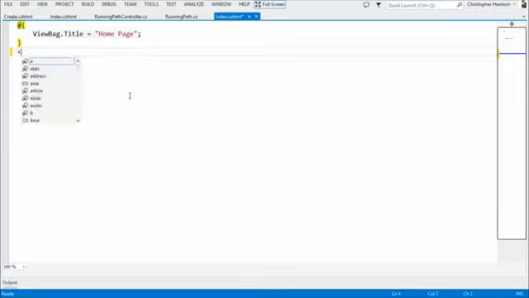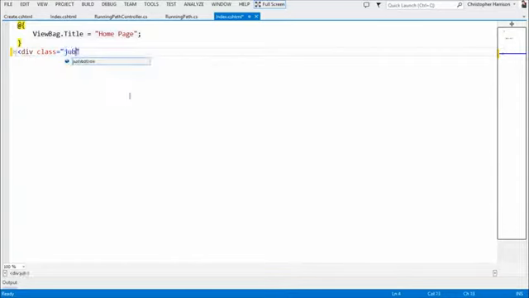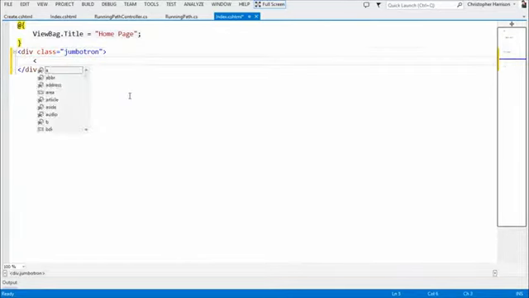Exactly. So now what you're going to notice is, again, I get the IntelliSense. So what I can do is say div, then class equals, and here is my Jumbotron. There we go. And then inside of here, I could go ahead and H2, geeks